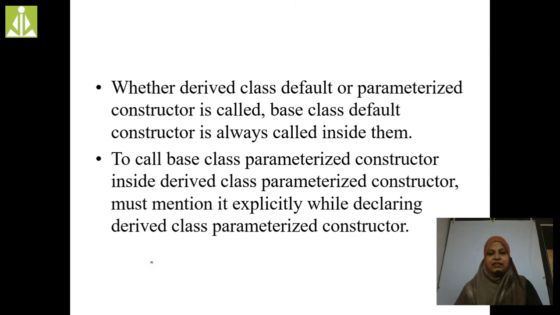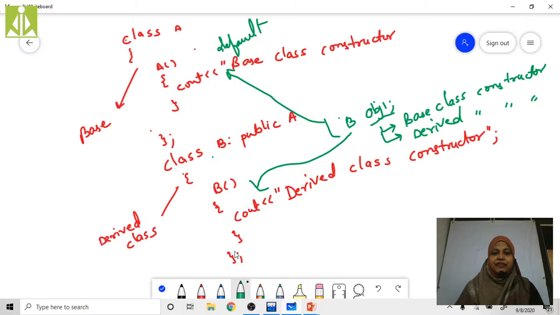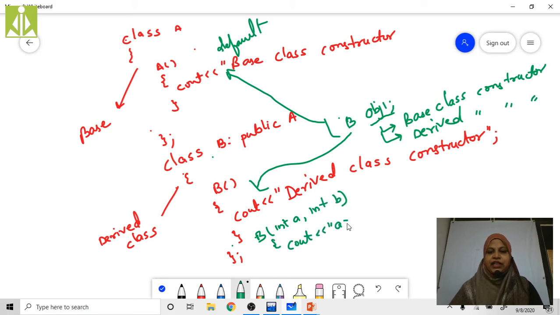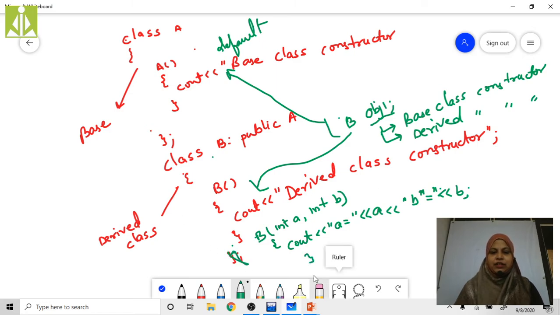For example, I am going to write one more constructor here, B(int a, int b), right? cout a equals a, b equals b, closing the braces, then closing this class.